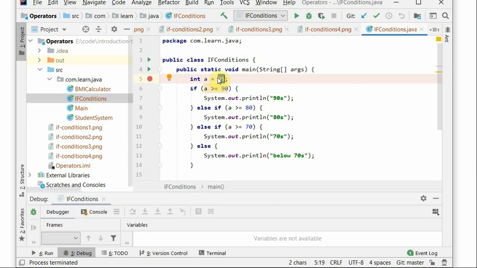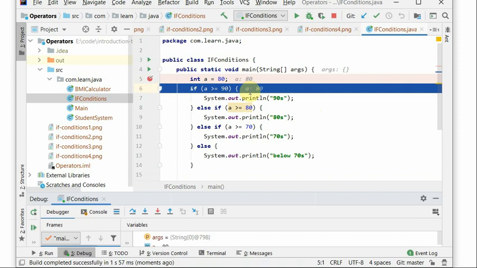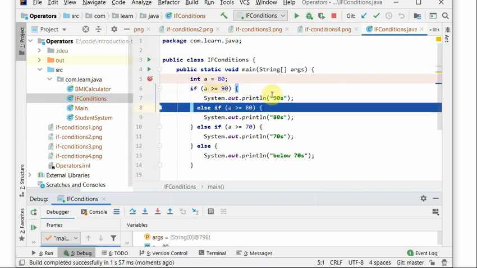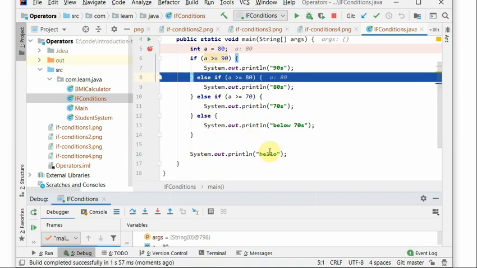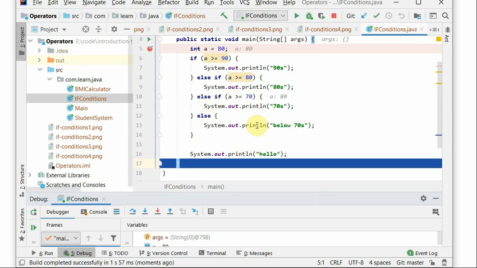The value, if we set 80, now let's try again. So first it initializes A with 80. It checks if this condition is true. It's not, then it will check the next condition. As long as any one of the conditions is true, it will then skip all the rest of the comparison and directly go back to where it's merging. So it prints 80 and then it skips the 70 and this part, and that's how it prints the value